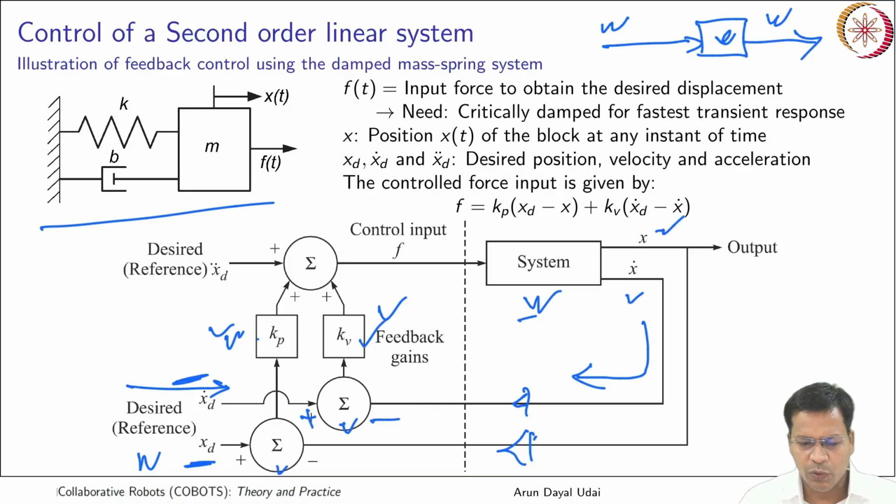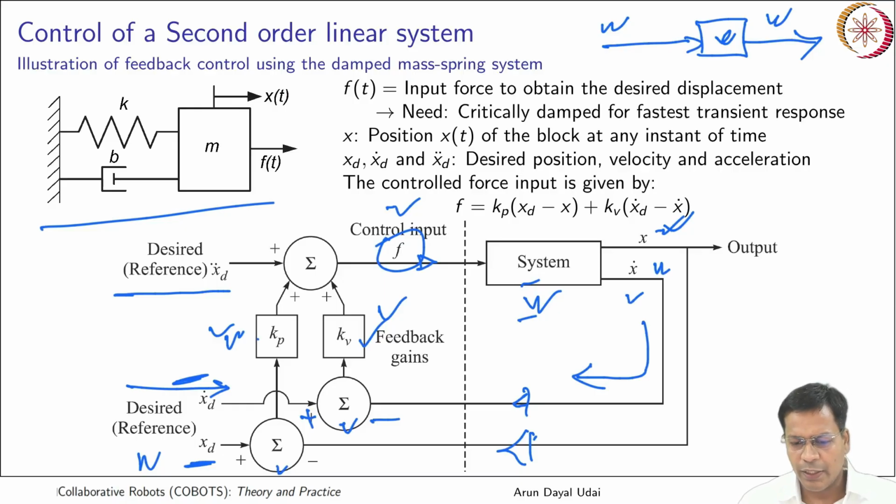Putting them together, it goes here, and this is the desired reference acceleration that is coming here. Finally that goes as a force. There may be something in between which converts all these position errors into the equivalent amount of force required to do this kind of control. This force gets into the system and drives your second order spring mass damper system, and the output you get is position and velocity. So this is a closed loop which I am going to frame here.